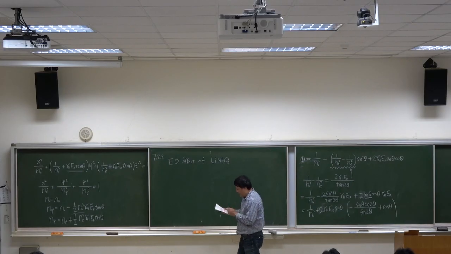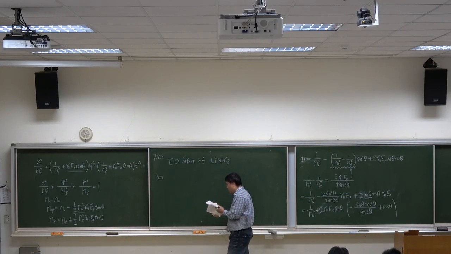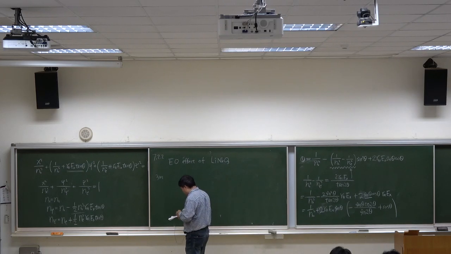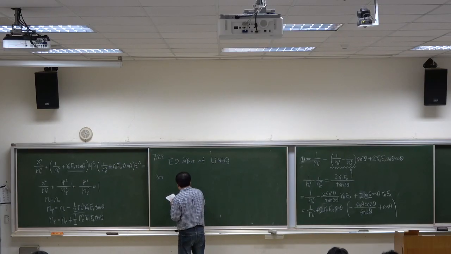The symmetry of this crystal is 3m. So you check the table to find the R matrix for symmetry 3m. We get this form: